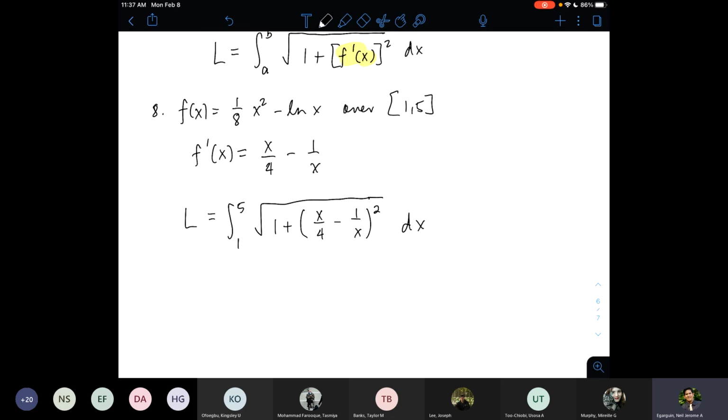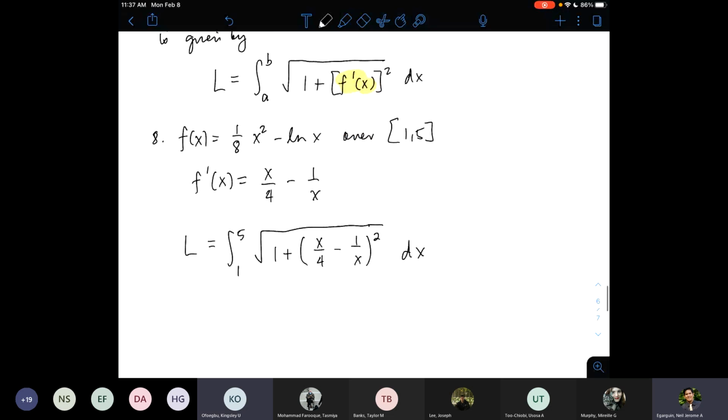So, okay, let's just try another one. Just let me know if you have questions on this. So if they want us to solve for arc length, we don't have to continue solving, we just leave it in the integral form? Oh, it depends on the instruction. Let me double check the instruction here. If you were asked to just set up the integral that will give you the arc length, then this is fine. But if you were told to find the arc length, then you need to evaluate this integral.